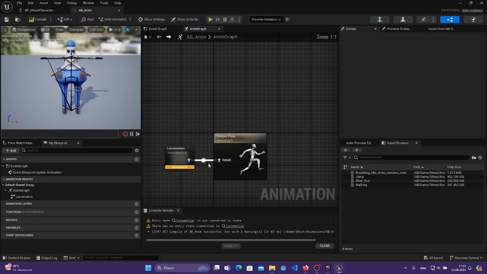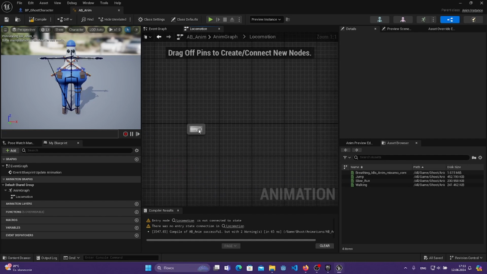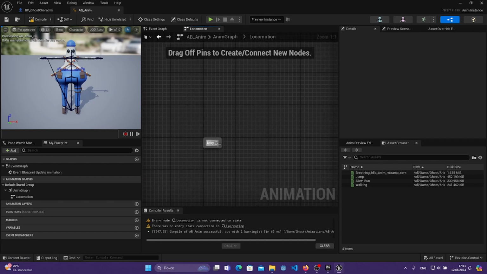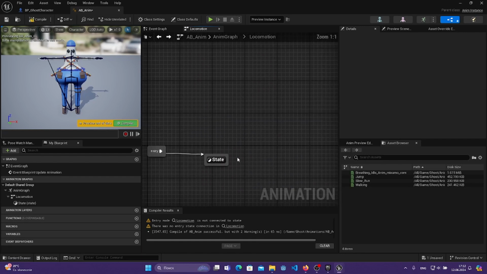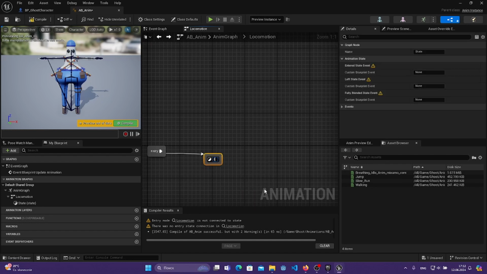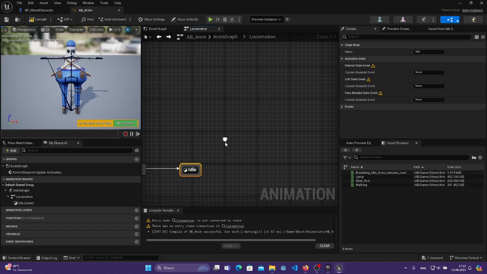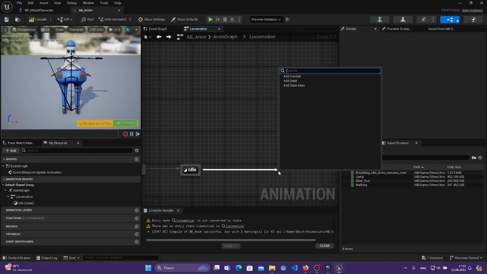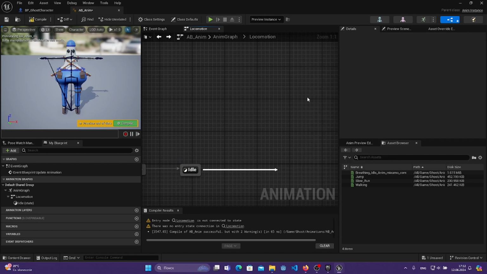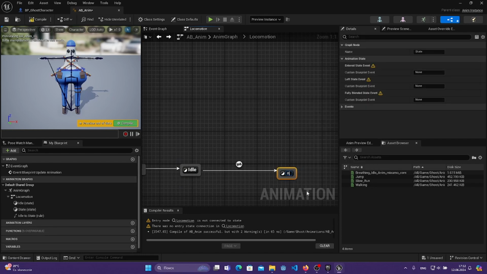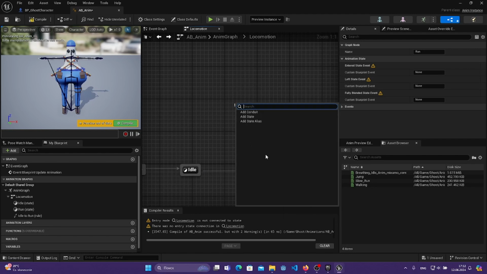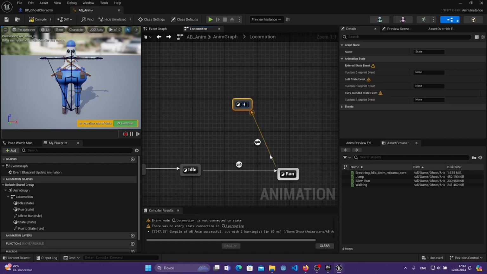We go in here, double click, and here we have to provide states. First state, sorry, gonna be idle, then let's create run, sorry, not here, add state and name it run, and also add state jump,